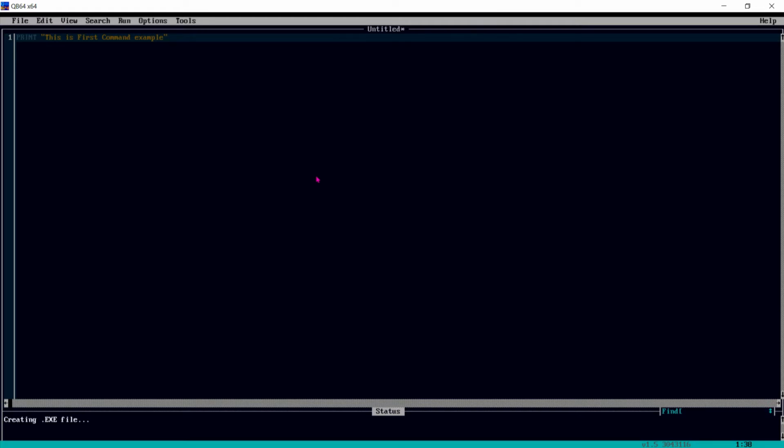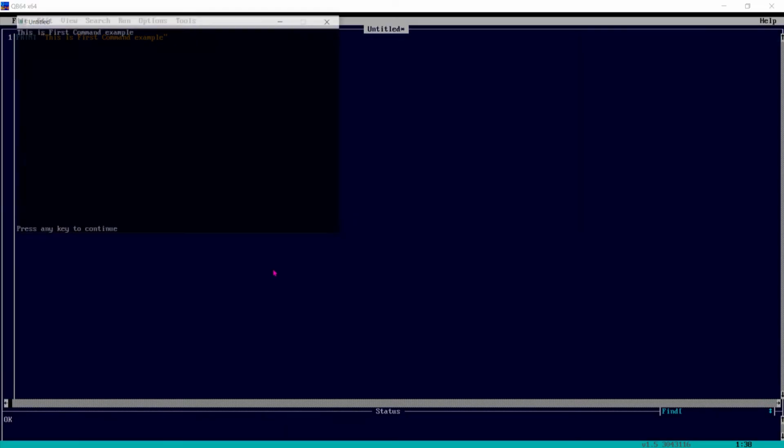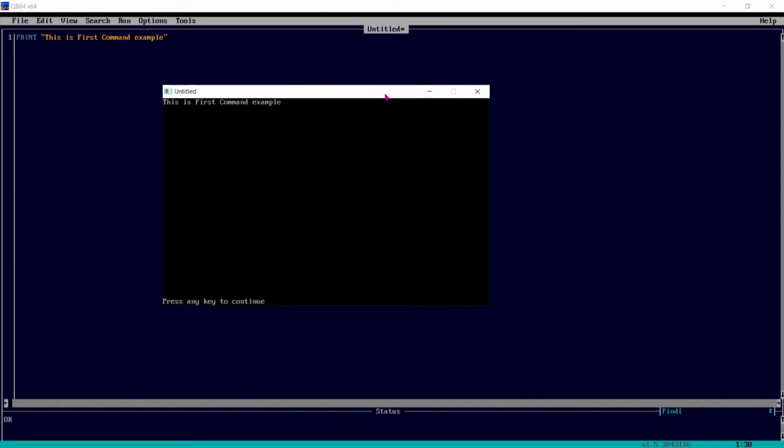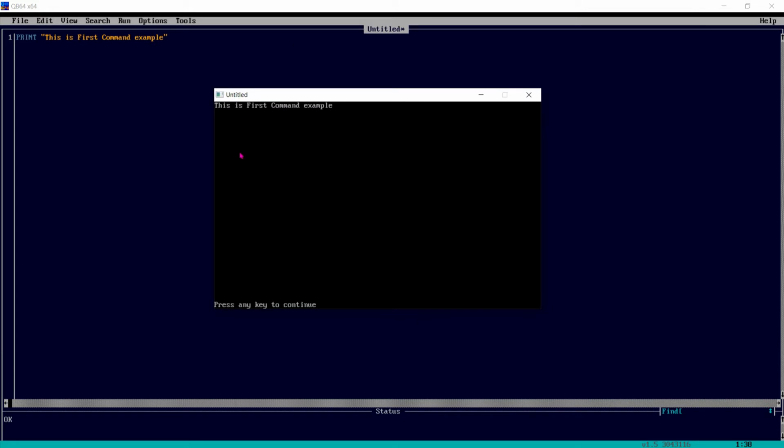We will see how it prints. This is the outcome. I have given one command, print. I have given an instruction to QB64 to print. This is the first command example, so the output is: This is the first command example.